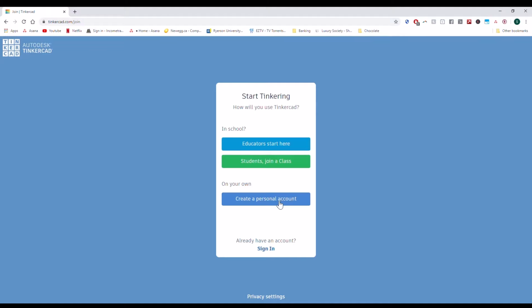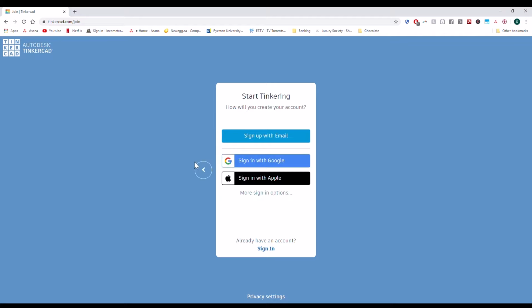Now, if you are an educator or if you want to use this with your kids or other people, then what I suggest is you create a student class or an educator account, and that way you'll be able to have what are called classes, and students can join with a student number which you create, or a student ID. But for now, we're just going to create a personal account. Okay, and once you're there, the best thing to do is to just sign up with your email that you already use. I use Gmail, and from there it's easy peasy.